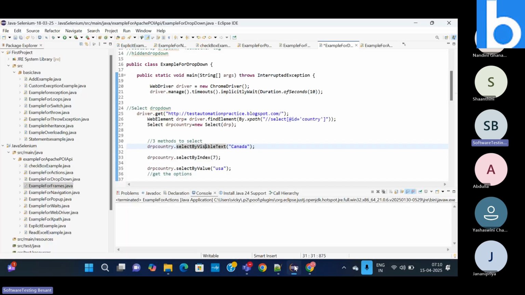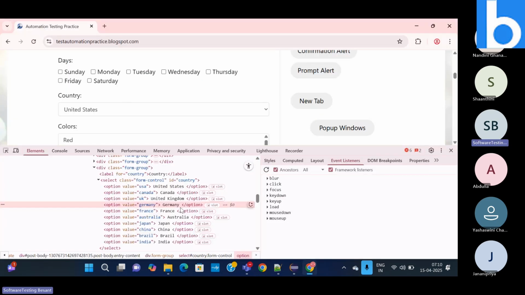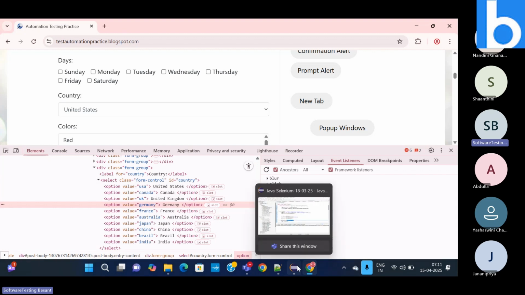Or we can use select by value. What this value means: inside of the option tag, we have an attribute, right? Value. For this value, there will be one value given. For United States, it is USA. For United Kingdom, it is UK. We can use this value also. Sometimes if the visible text is not working, we can use this value. Whatever value is present for the value attribute, we can use it directly to select the particular element,